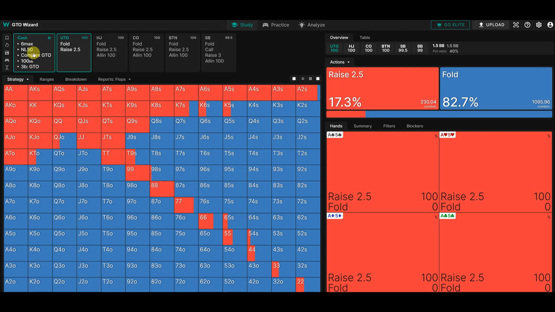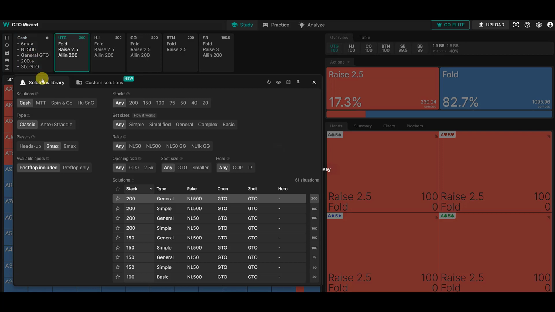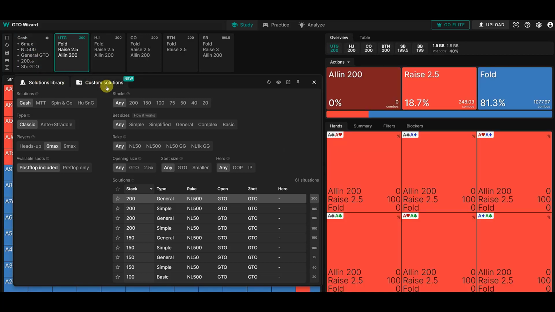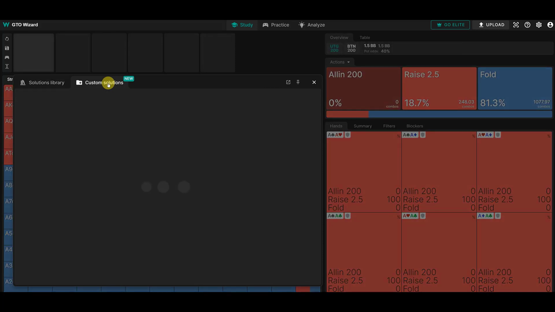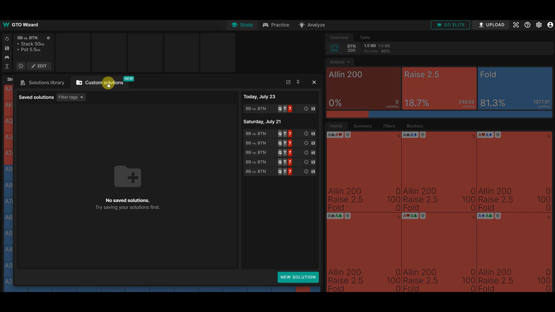Now, if we click back on there, so that's from the solutions library, we now have this tab called custom solutions. So this is new, as it says, and this is where the AI magic happens. So if we click on that, and when you first come in, what I would suggest you do is click on new solution,